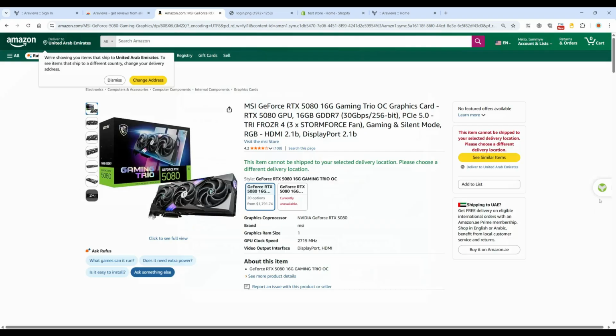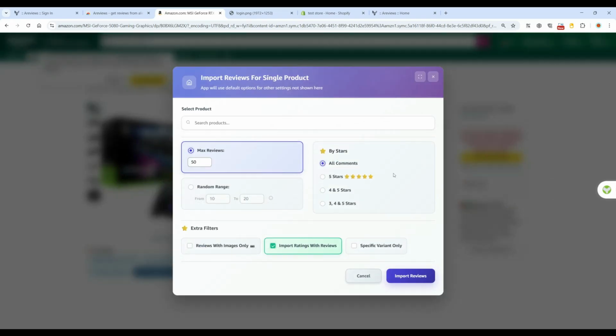Sometimes you need to click a few times on it or refresh the page again. Now to import, click on the button. You will see this model. Now let's search for product we want to import reviews to. I will type t-shirt,